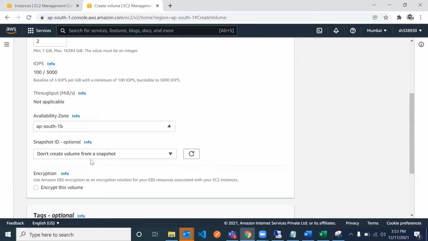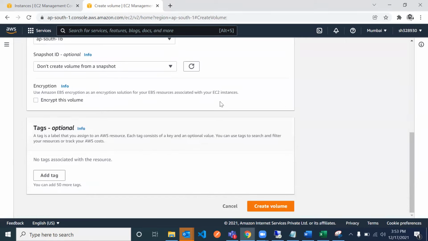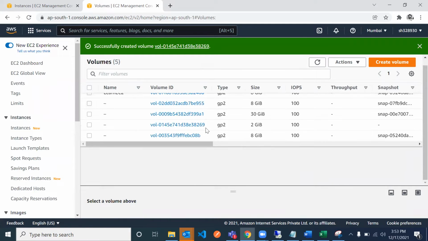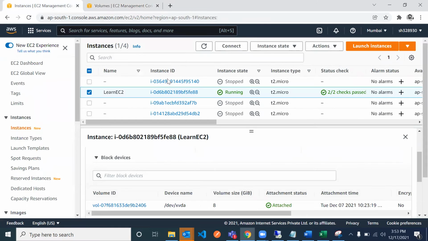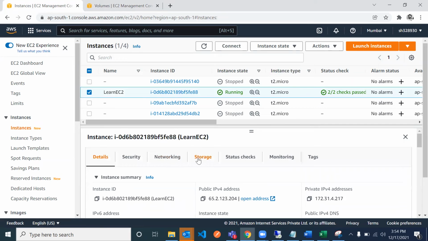So I'll go with 1B because 1B was there with one instance, so that I can show you. You can connect it over there, and I will create a volume. Once I've created the volume, though I have not given it any tag, you can see it has 2 GB of size, right? So you're gonna go over here, and once you have come over here, and this instance, go to